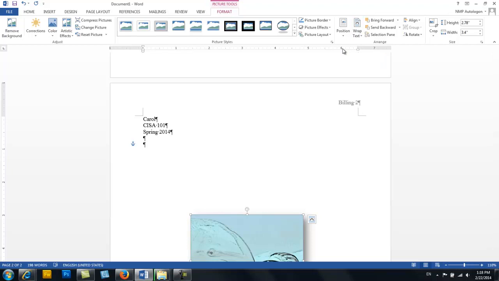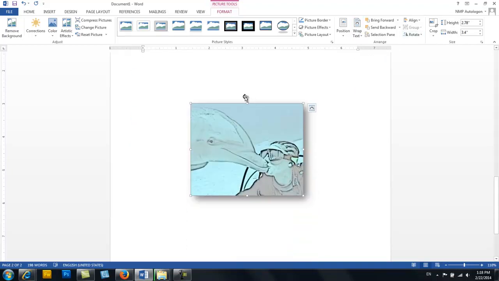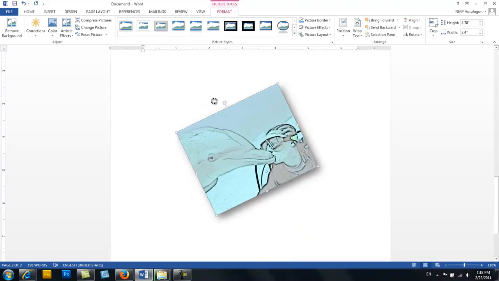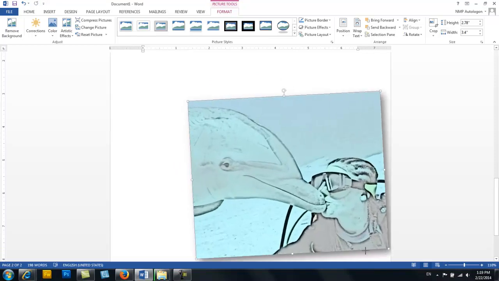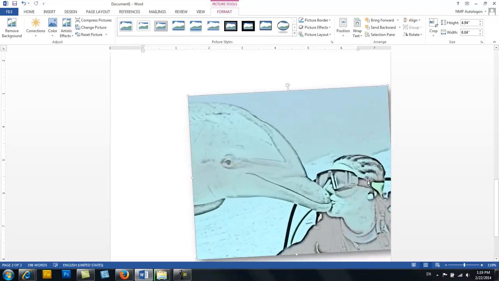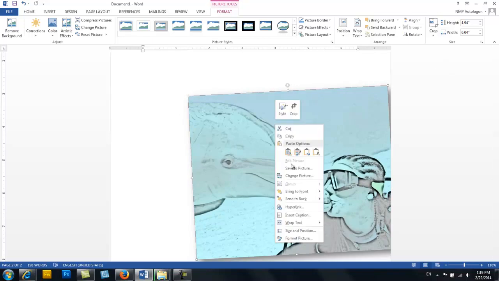Okay, and you can play around with some of these other options. The quick way to rotate is just to grab this little guy, and you can do that. So I might tip it a little bit, and I think I'm actually going to enlarge it. And so you can see it starts to get a little bit grainy, and that is because, let's look here